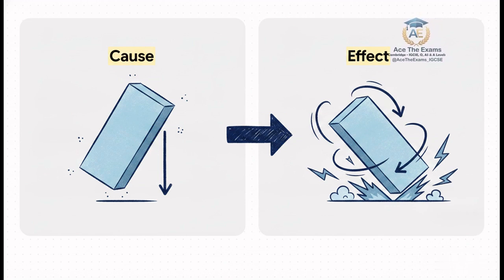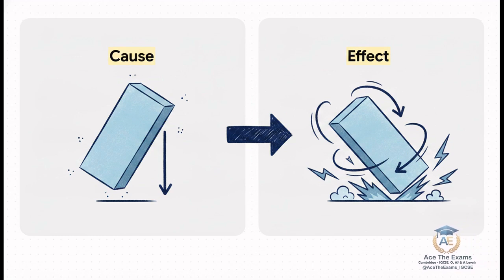These are the specific, painful areas where thousands of students bleed marks every single year. The absolutely number 1 warning from examiners is that candidates consistently, year after year, confuse cause and effect in questions about center of gravity and stability. Look at the timeline on the screen. A student might write, "the object topples, therefore its center of gravity is outside the base." No, stop right there. That is completely backwards.